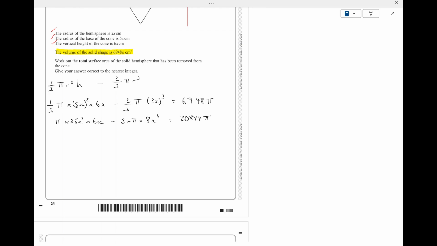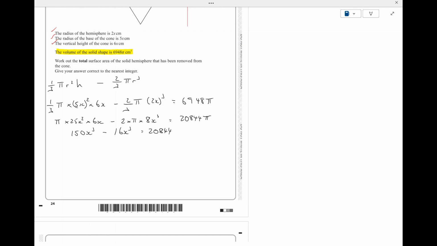20844 pi. Now I'm going to divide both sides by pi because every one of my terms has got a pi in it, hasn't it? So that's going to make it easier. So I'm going to have 25 times 6 here. That's 150x cubed there, and I've divided by pi. 16x cubed there, and I've divided by pi, equals